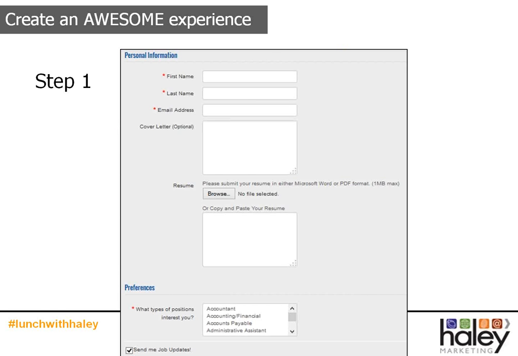Step 2 is then to ask them to fill out your longer form. Now, some companies will do step 2 instantaneously. You click submit on step 1, you go right to step 2. If they abandon step 2, that's okay, at least you did step 1. Other companies will say, I want my recruiting process to be step 1 comes in, my recruiter reviews the information, and then if we like the candidate, we send them a direct link to step 2 to fill out the